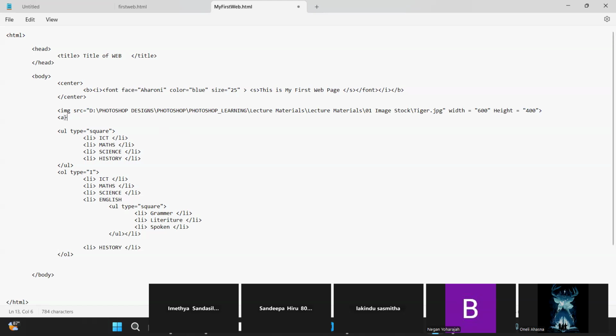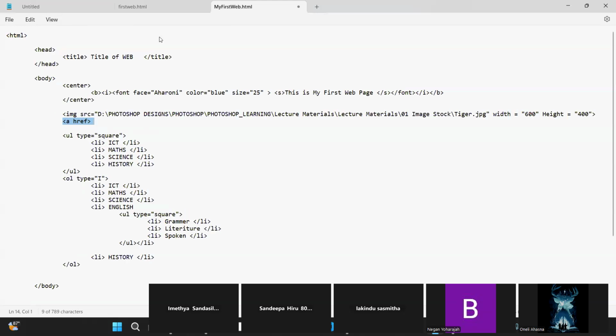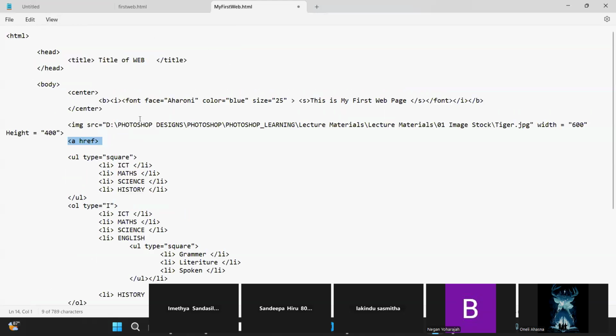So inside that anchor tag, I can use href, right? So I am inside the anchor tag. Anchor tag is A space href. The meaning of href is hyperlink reference. So we are going to put a reference to our web page, right? Equal,